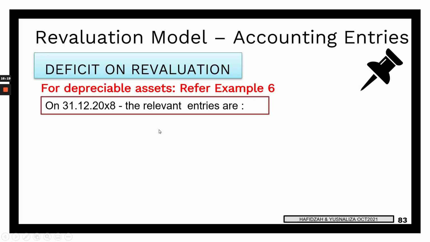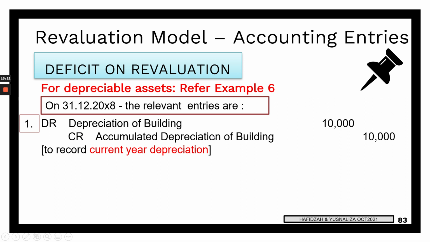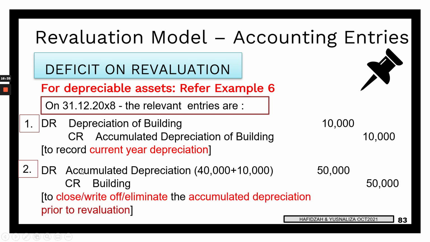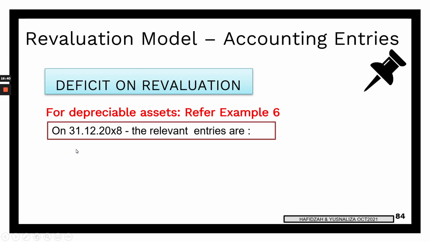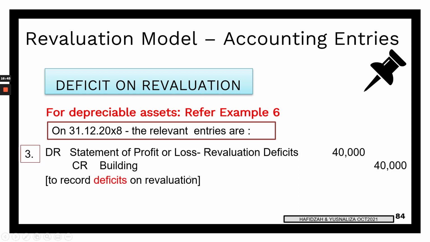Next, this is the journal entry number 1, based on what I've just written just now. Debit depreciation of the building. Record the depreciation. After you have recorded, remember the revaluation took place at the end of the year. Eliminate. Same goes like in example 5. Only that now we don't have surplus, and this is a deficit. And the deficit is 40,000. Deficit will be charged in the profit or loss account, and normally deficit will be reported under the admin